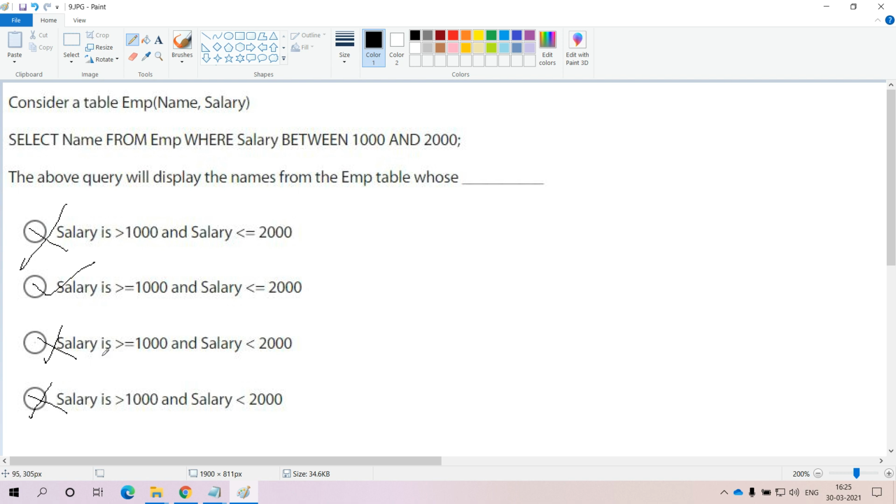Here with the help of between, we need to include both the lower bound value and upper bound value, and the values in between you can also get with the help of this query, so that the output is the employee salaries that we are going to get, the salaries having more than or equal to 1000 and less than or equal to 2000. So B is the right option among all the remaining options.